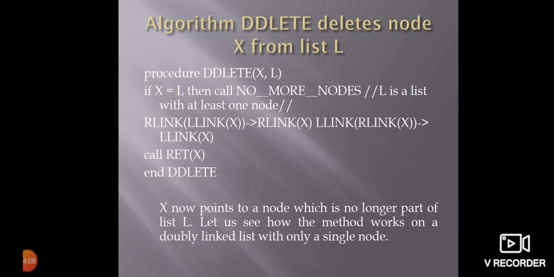Actually, for this node, what is the address? That is the right link. The right link will be pointing to the next one, which you're going to make point to the previous one. And then similarly, you'll have a left link here, which you're going to point to the next one. This is the swapping that is happening here.